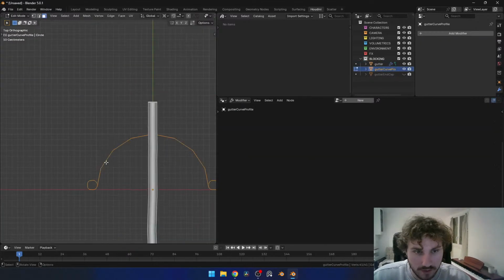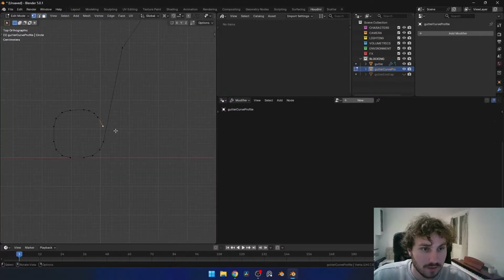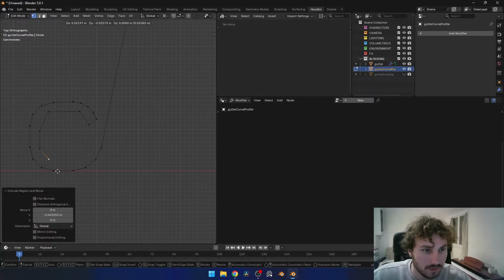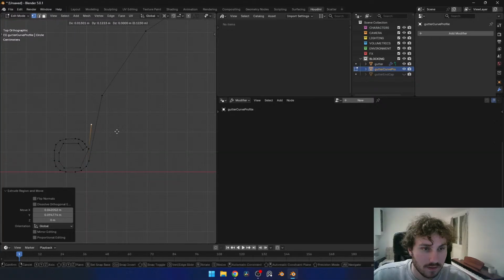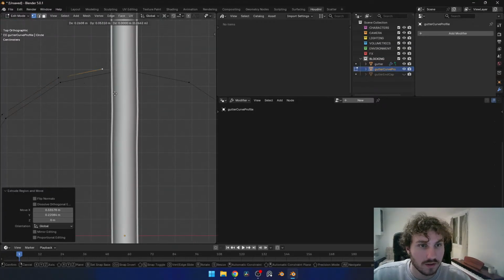What if the girder thing does have a subtle, just a subtle inside of it, you know? Just so it's not completely